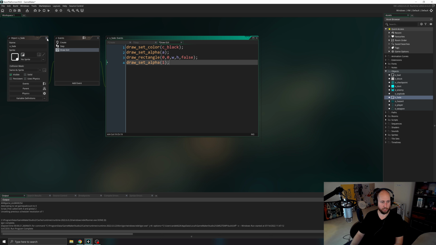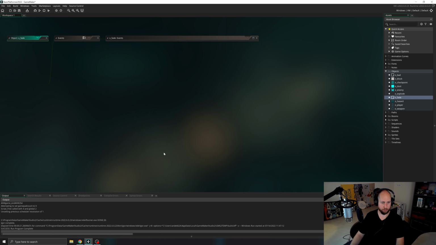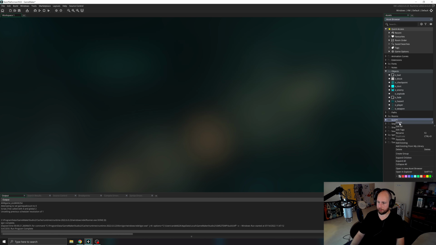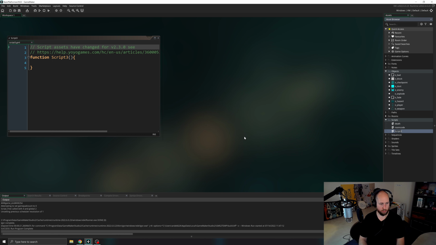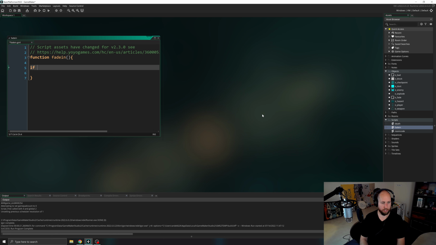So now we need to write two scripts, one fade in script and one fade out script, and we can use those scripts wherever in the game, whenever we want a fade in or fade out transition. So create a new script, call it fade_in. Make sure the name of your script over here in the asset library matches the function name here. And write if